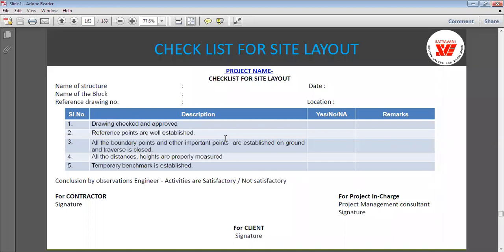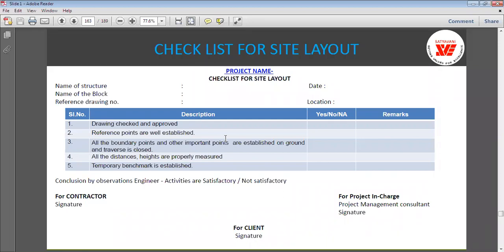Then whether reference points are established or not, whatever reference point you take using auto level, total station, whatever it may be. You are going to set the TBM, the temporary benchmark, serial number 5, already it has been there. So whether that TBM is established or not. Then all the boundary points and all important points are established on the ground and the traverse is closed.